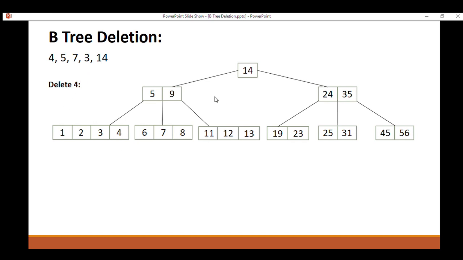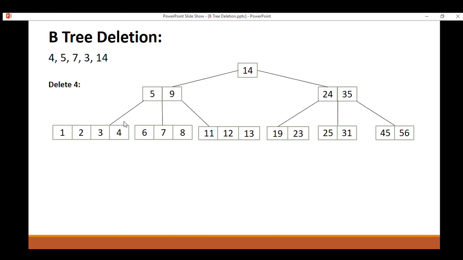The first step we have to perform here is to search whether 4 exists or not in the B tree. After comparing 4 with 14, it will move to the left subtree of 14. Again after comparison with the 5 and 9 node, it will move to the left subtree of 5 because 4 is less than 5.